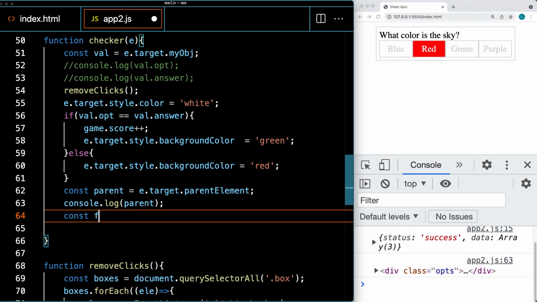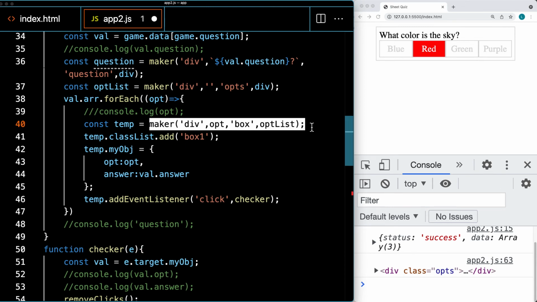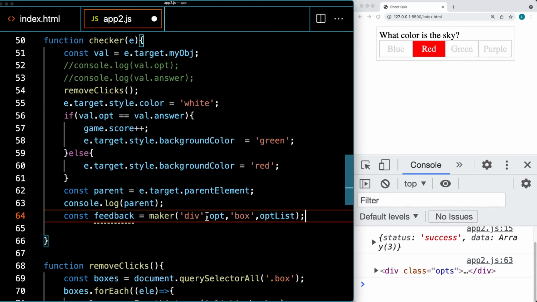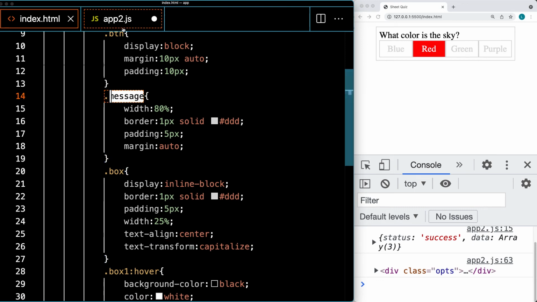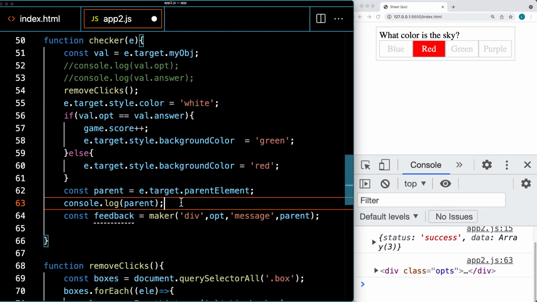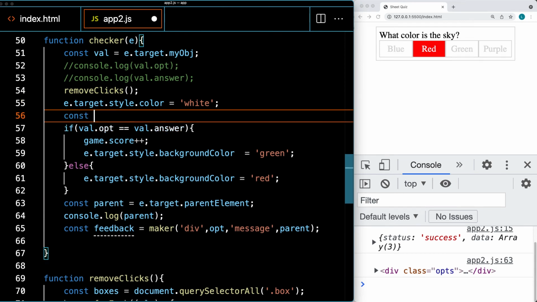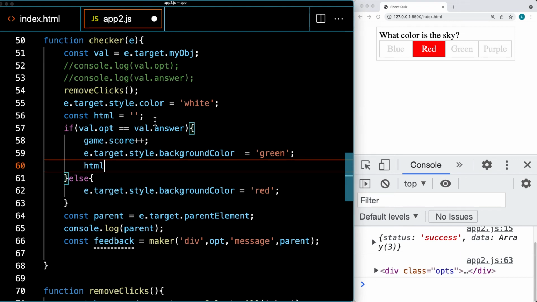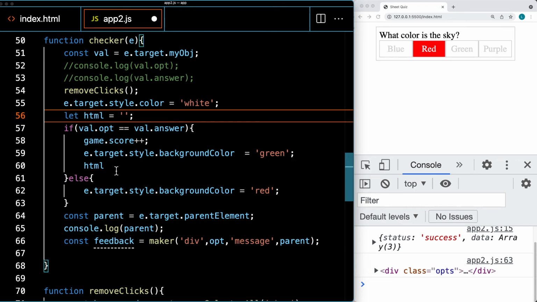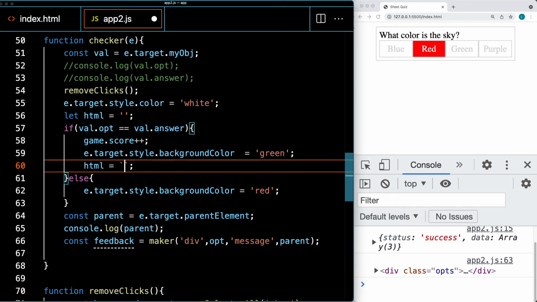So let's create an object called feedback, an element called feedback. And once again, we'll use the maker function in order to do that. So this is a div. It's being attached to the parent. And we can provide it a message class. And then the content, let's set up a variable, call it HTML. So set it up just as blank. And then if it's correct, so actually this should be let, because we're updating the string value. So set it as